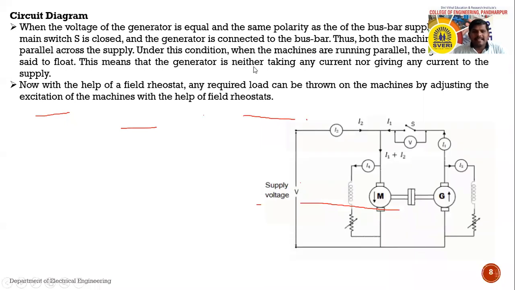Okay, see the circuit diagram for that. It is given here. There are two identical machines. Here is one machine, and here is another machine. One machine can be run as a motor, and one machine can be run as a generator. These are DC shunt machines, whether generator or motor. Now see, suppose this machine is run as a motor and this machine as a generator. Here is the field winding of the first machine, and here is the field winding of the second machine, because it is a shunt machine.